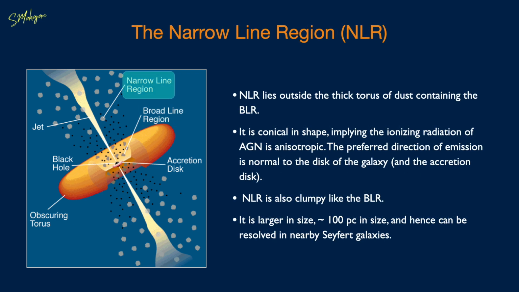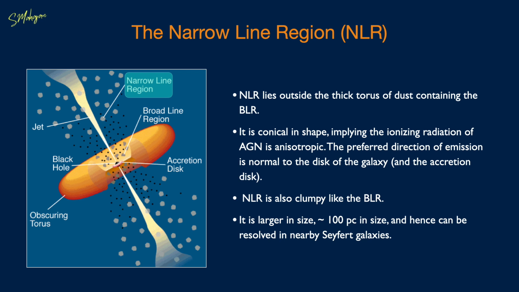Almost all AGN show narrow emission lines in their spectra, which originate in the narrow line region. The narrow line region lies beyond the broad line region. The lines corresponding to this region are around 400 km per second in velocity width, which is narrower relative to the lines produced in the broad line region, but still broader than the emission lines observed in normal galaxies. Besides Lyman alpha and carbon 4, the forbidden line oxygen 3 at 5007 angstrom is the strongest emission line observed in the narrow line region.